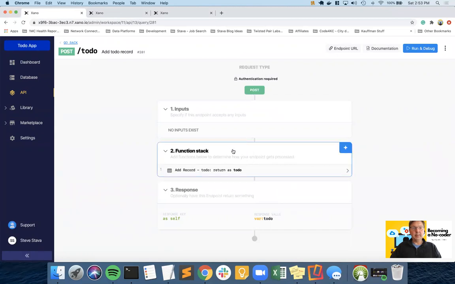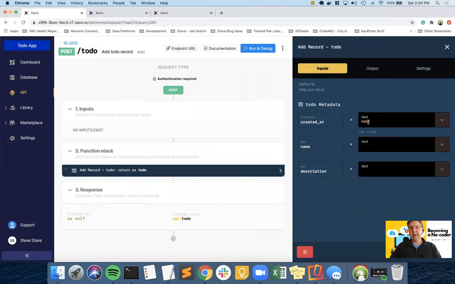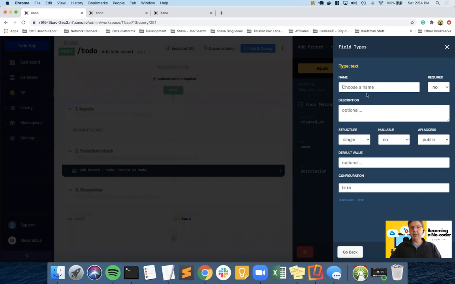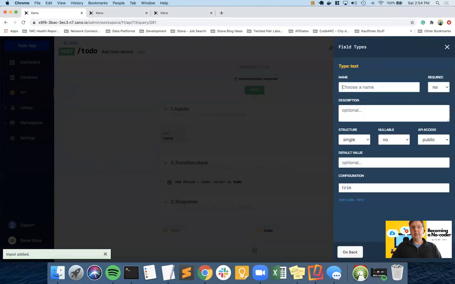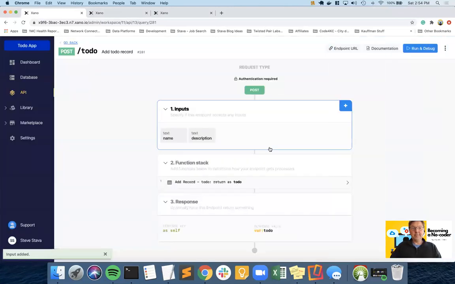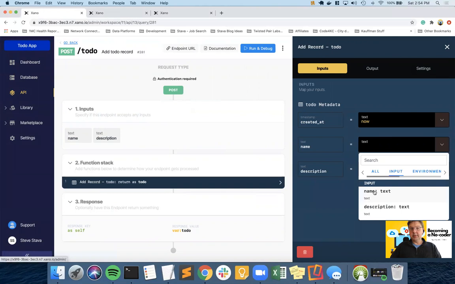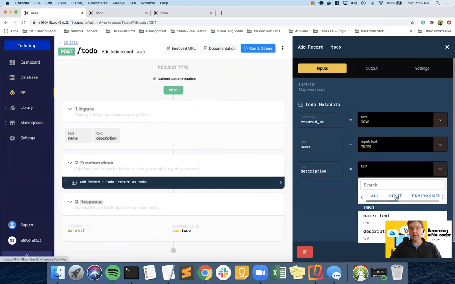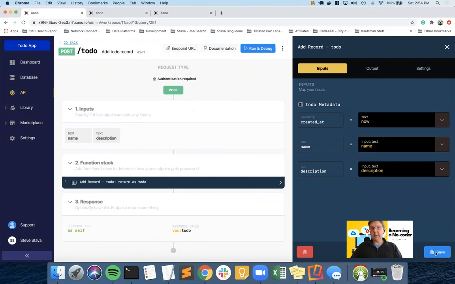In this case, all we're going to have to do is add in some to-do input data. Because if I look at the function stack and the add record, created at is set to now, which will give it the current date and time, and then a name and a description. If we come up to our inputs, both of these will be text. One of them will be name, the other one will be description. Then we come back out here, because now we want to attach input of name and input of description. So at this point, when I save this,